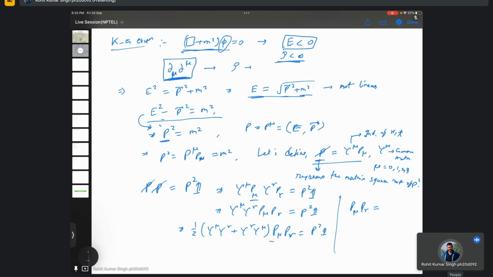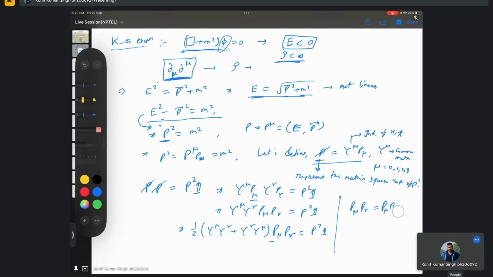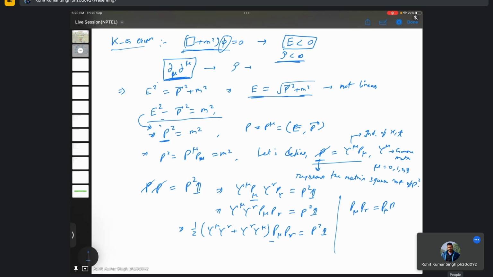So what we will introduce is something. So p mu eta, so let's say lambda, or these are dummy indices, so we can write lambda, and then here,